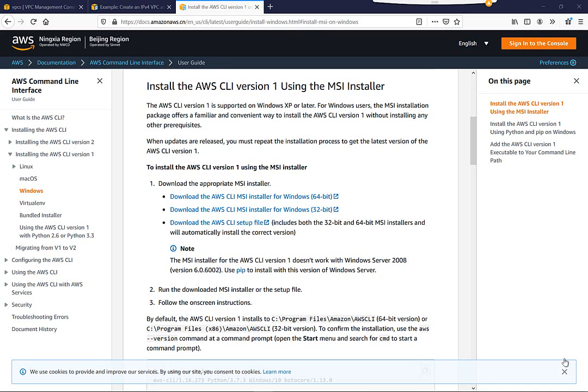Hi everyone, today we're going to be talking about how to use the AWS CLI, its installation and using it from your computer, so you can control your cloud from your computer. So the idea here, AWS provides very interesting tools